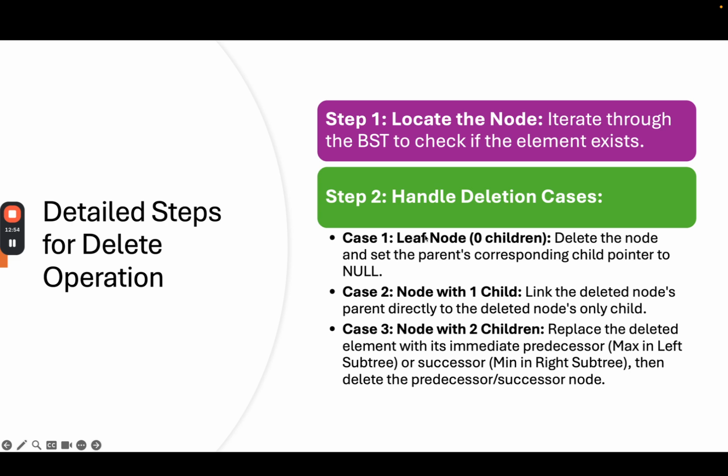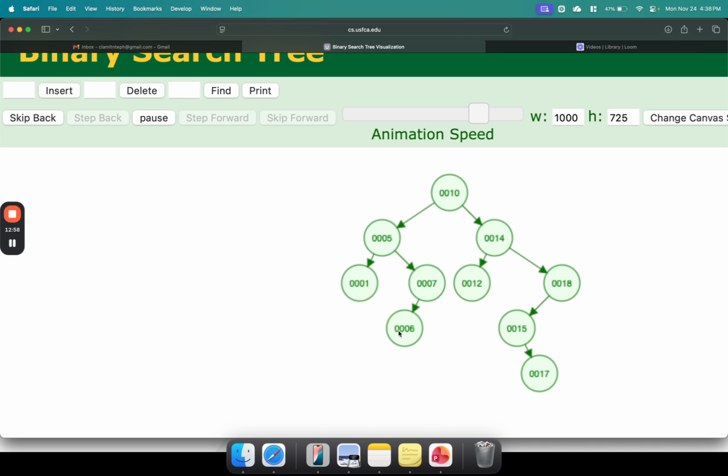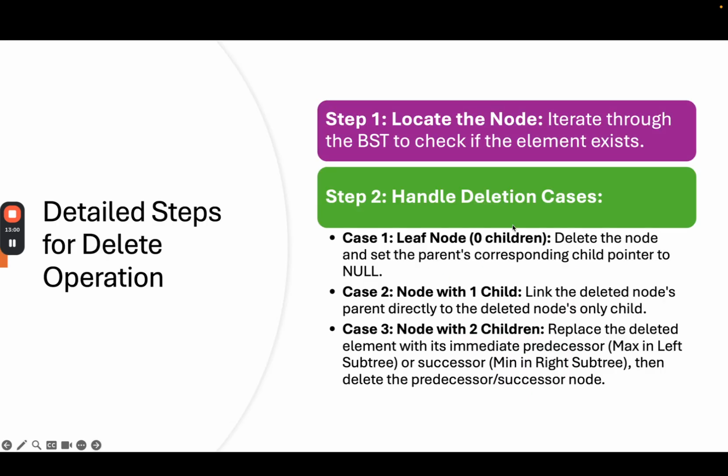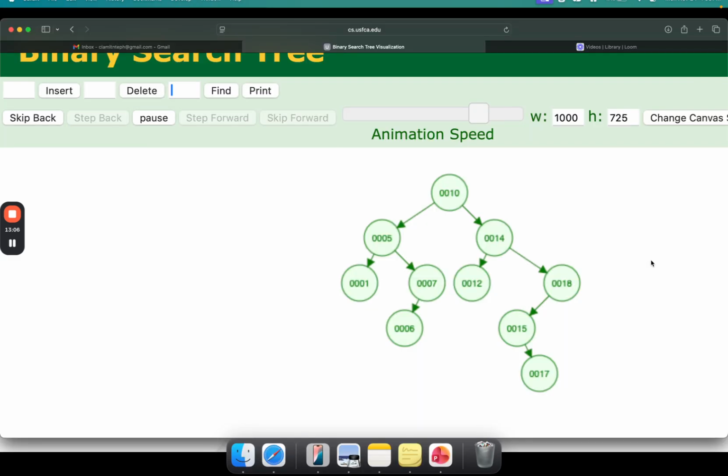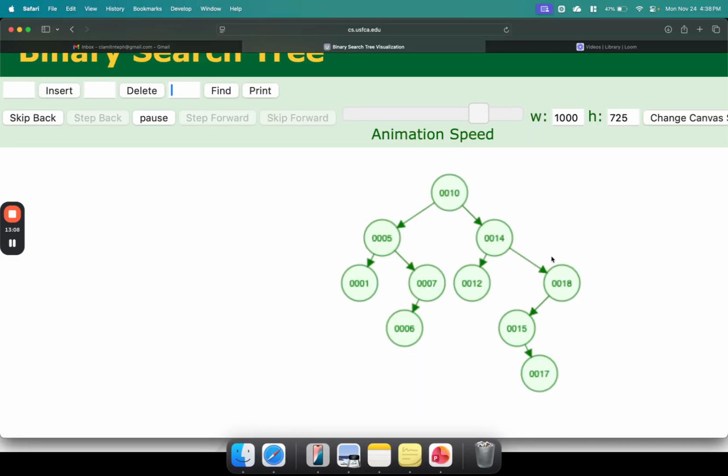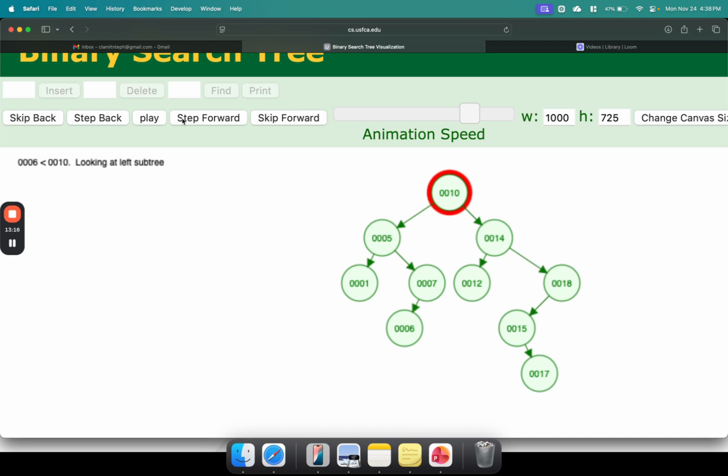The first case is if you delete a leaf, or one of these. What will you do? Delete the node and set the corresponding parent's child pointer to null. So let's try to do that. Let's try to delete the number 6. If I were to delete number 6, it's as simple as searching for the number 6.